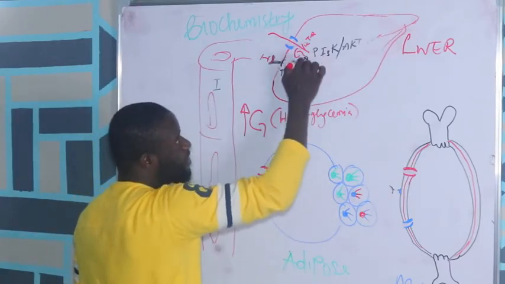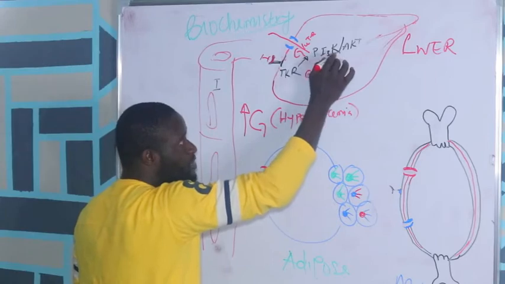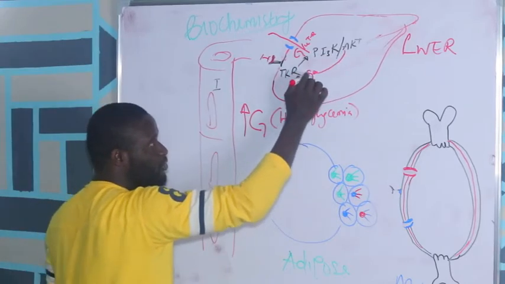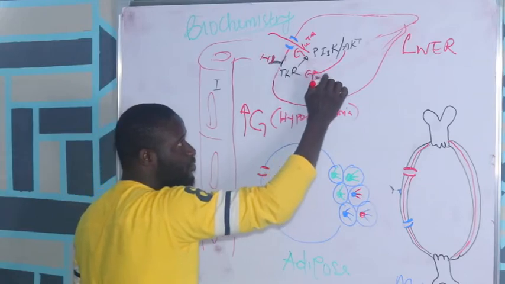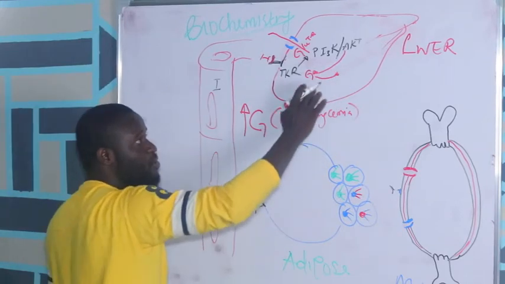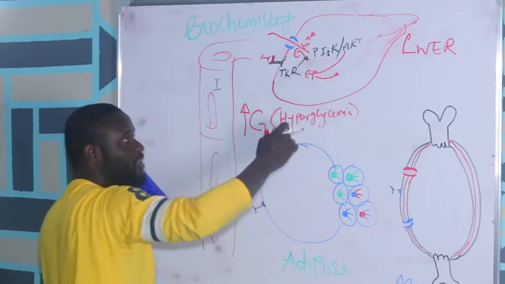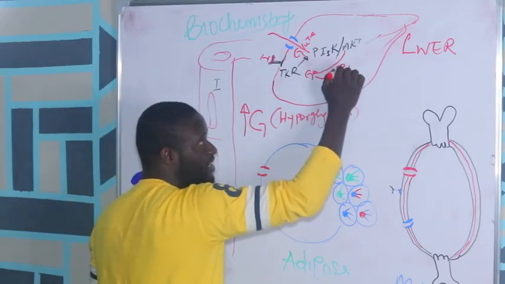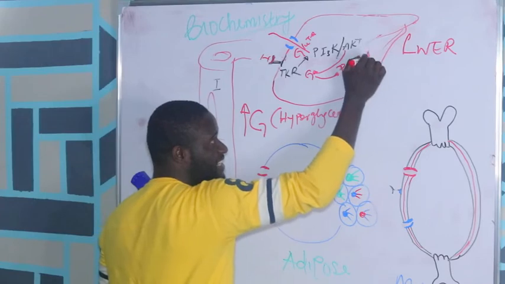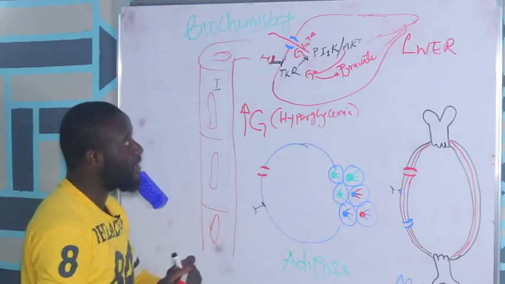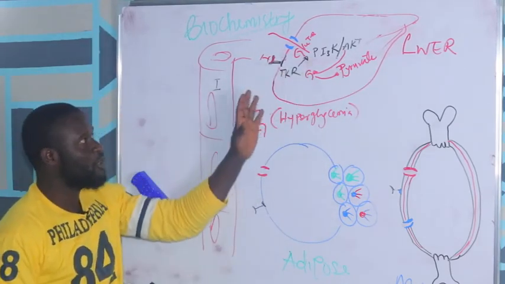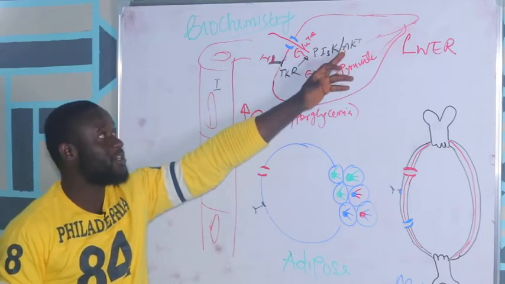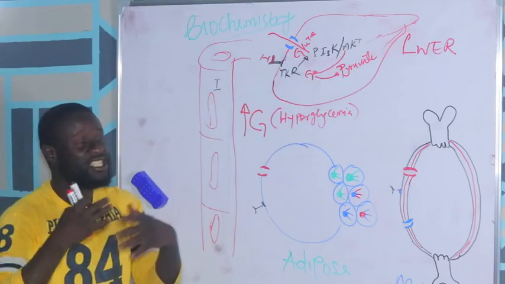So the glucose that comes in here, protein kinase B stimulates the glucose and the glucose starts to undergo a pathway called glycolysis. Do not forget, glucose is broken down to pyruvate in the glycolytic pathway. Because AKT is being stimulated, it makes glucose